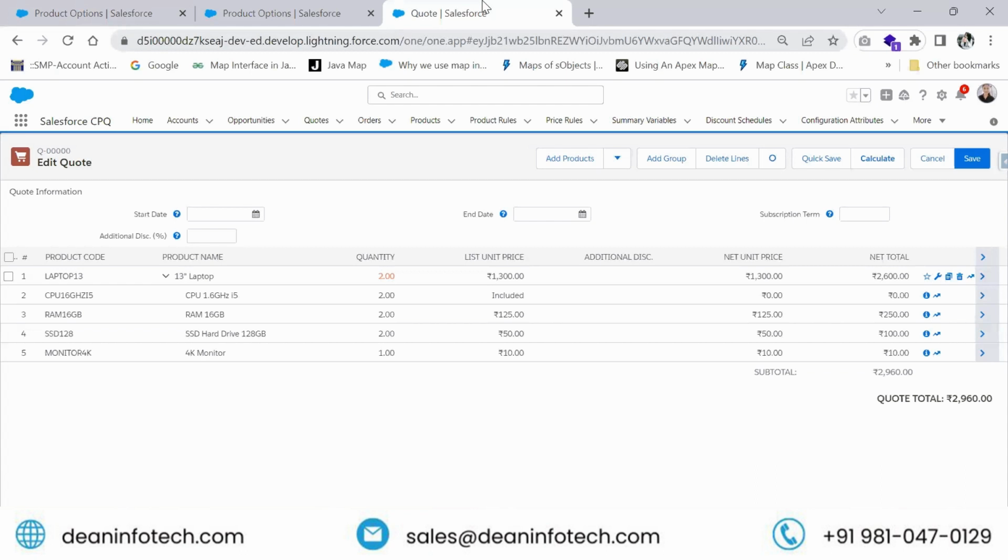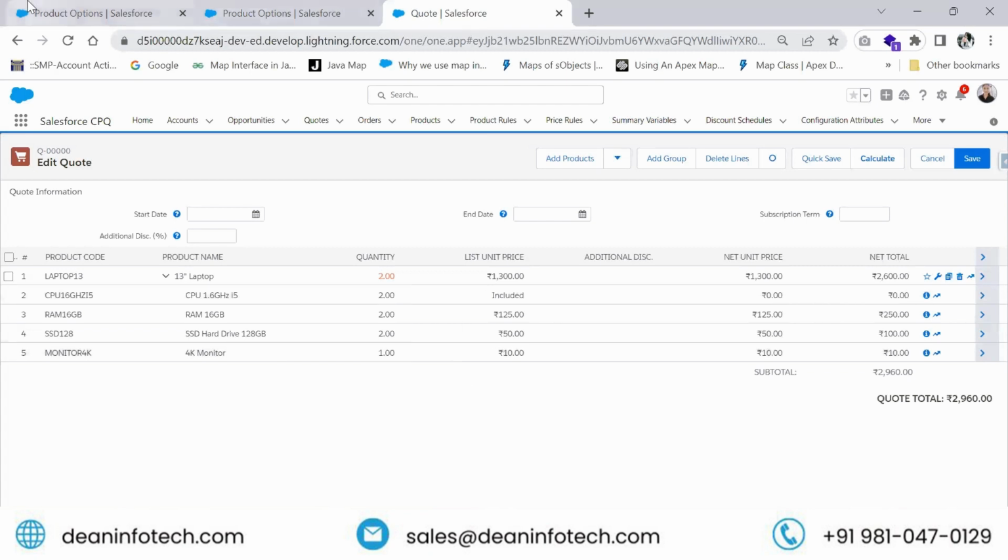For example, if you change the quantity of the 15-inch or 13-inch laptop, all of the related component options also get changed, as I did. But we do not change our accessory option, the 4K monitor, because the quantity still remains one. Okay,